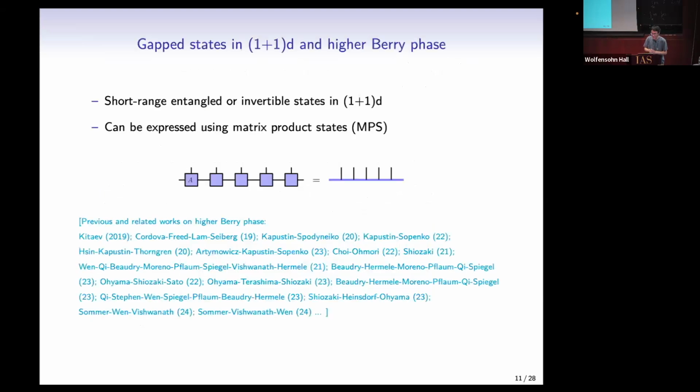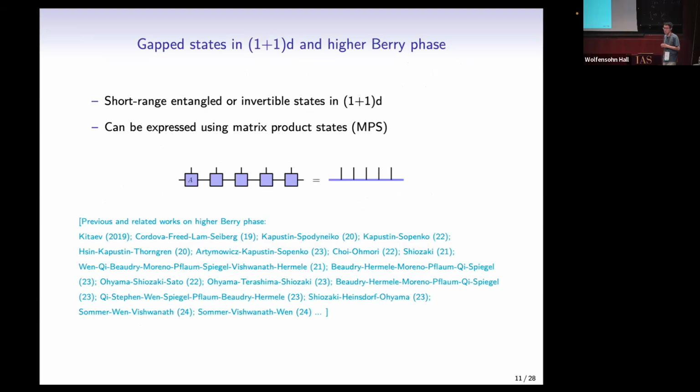Okay, so here's the kind of real beginning of the presentation. I'm interested in short-range entangled or invertible states in one spatial dimension, and then they can be represented by a tensor network, a matrix product state. And then the question is, is there any new kind of Berry phase which can appear because of the many-body nature of